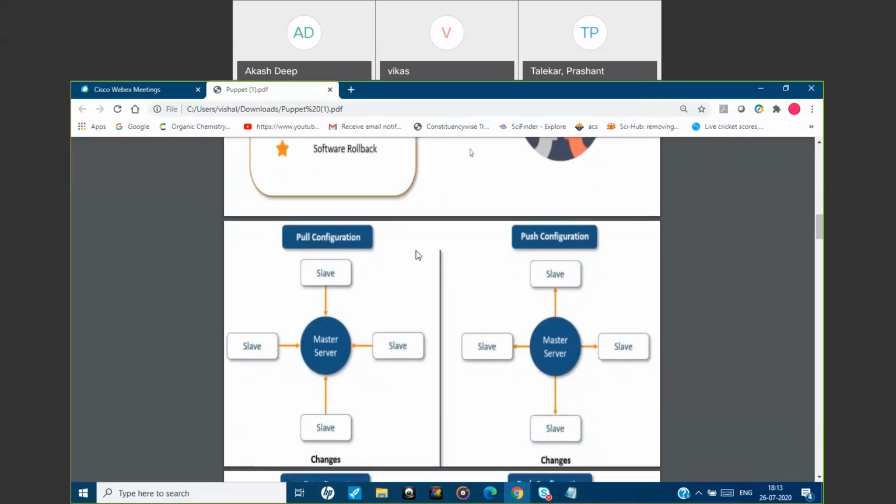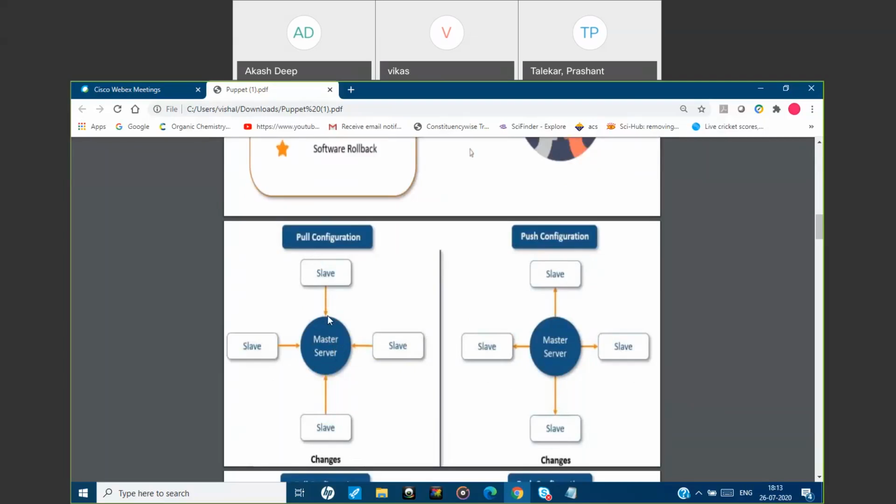So basically what happens in these two? The master-slave concept will be there in both, either it is pull or push. So in pull configuration, what will happen? There will be one master server, and n number of slave servers will be connected with a single master, and whatever change you do in the master server, the slave server will pull that request. Basically, you need to go into the slave server and execute some commands. I will show you that because today we'll be dealing with this pull configuration.